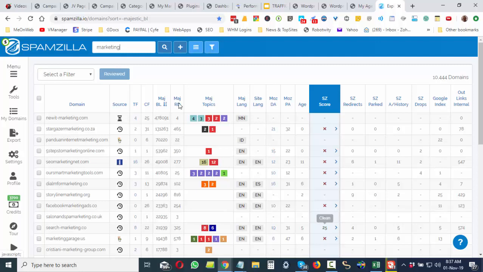Okay, and you can see this one here. I've sorted this by the backlinks. Come down, and they're saying this is clean. Come over here, you can see the URL or the domain you can buy, search-marketing.co. It's got nearly 22,000 backlinks coming from 325 referring domains, and they're saying it's clean. I mean, how easy is that? $10, go and buy it, or however much it costs for a .co domain,